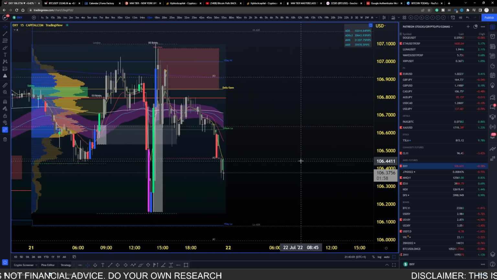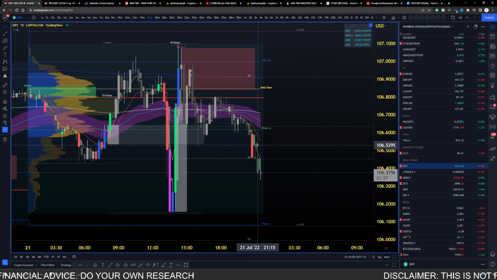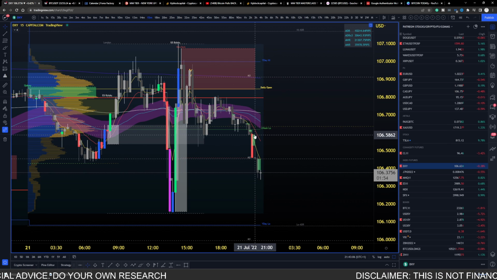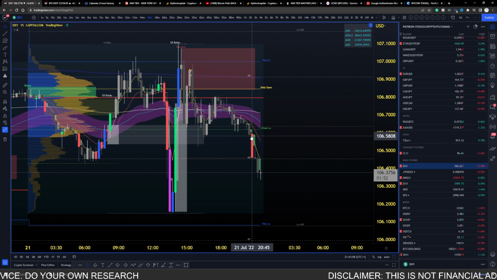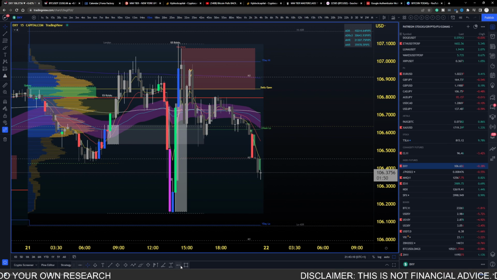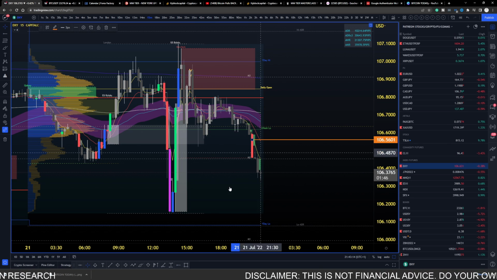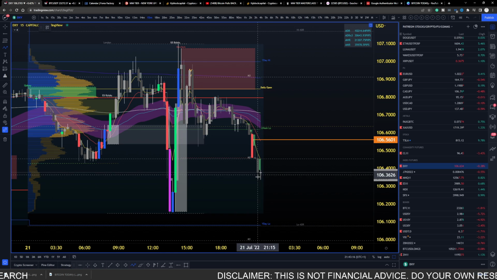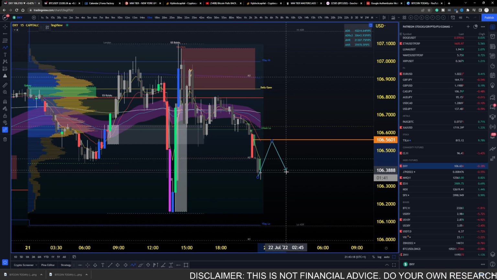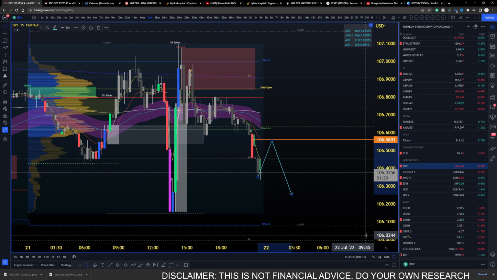Now, this red vector candle right here, if you pay attention to it, has been nearly recovered, and you've got an imbalance right here. Okay? So that could be a zone that we need to be aware of. In other words, if the dollar index decides to retrace back up into this zone, we would anticipate the dollar index to repeat the same sort of narrative to start working its way down lower.